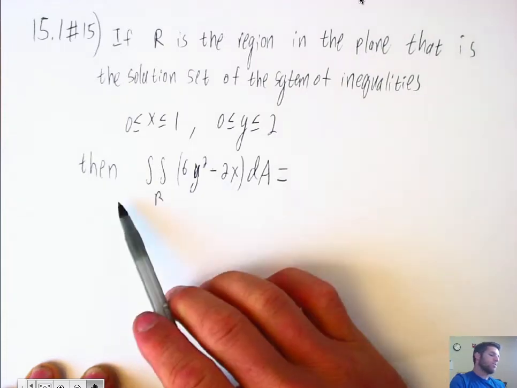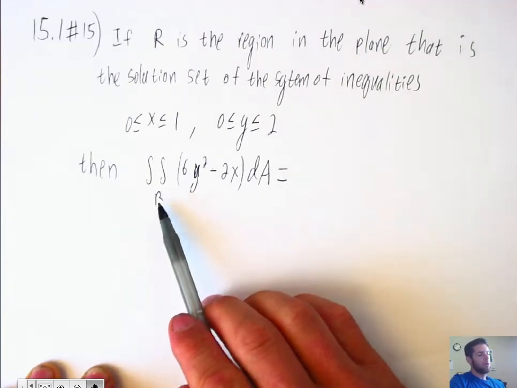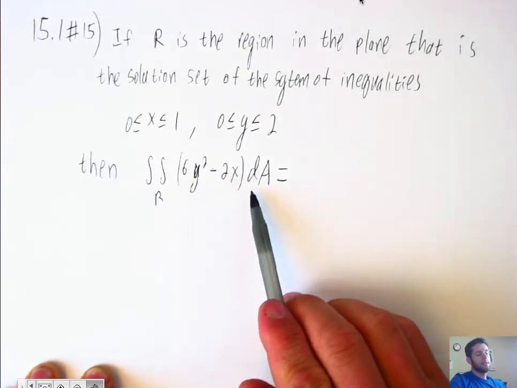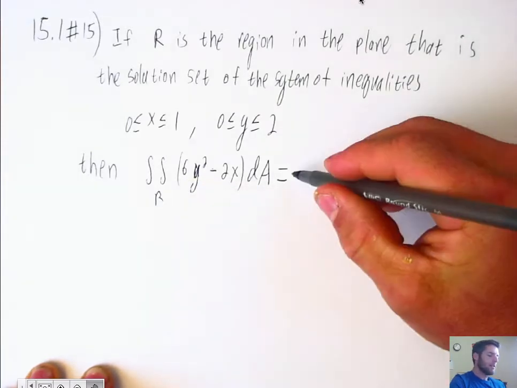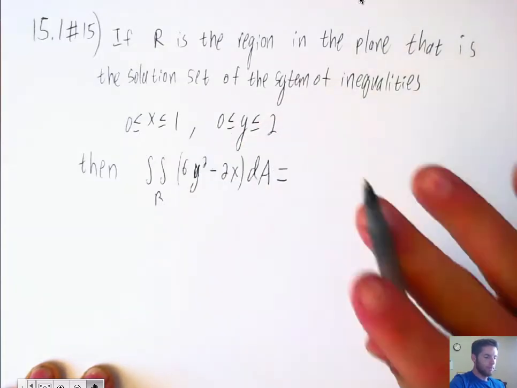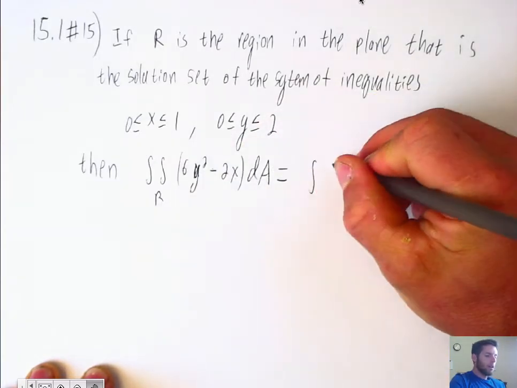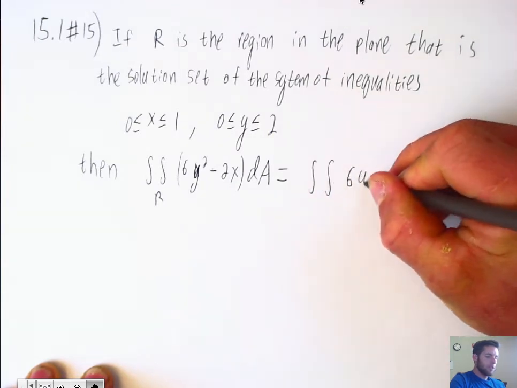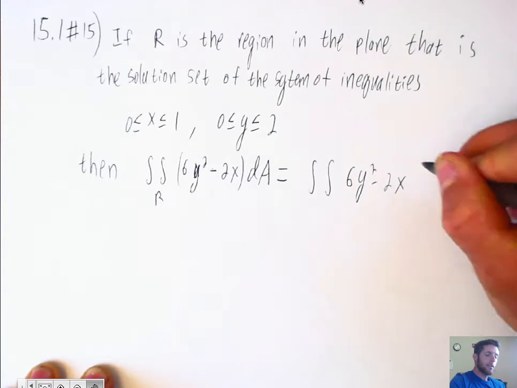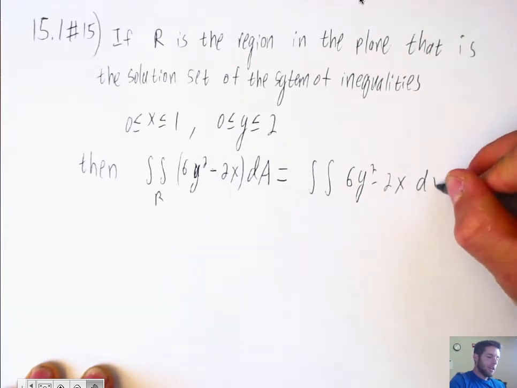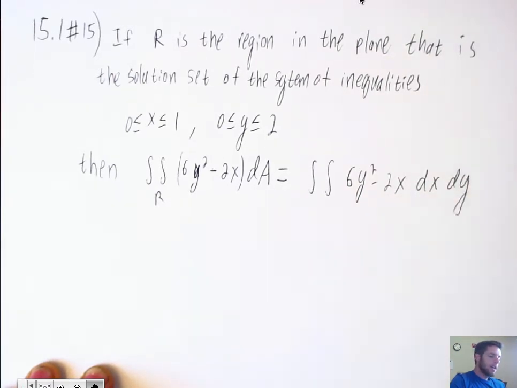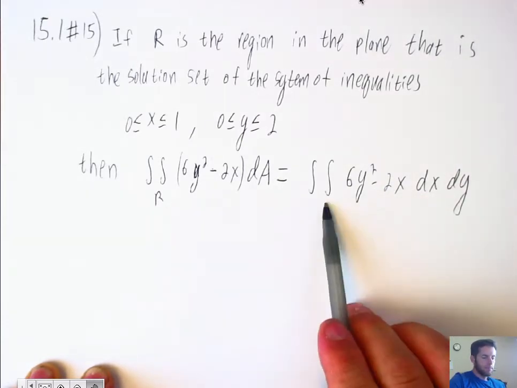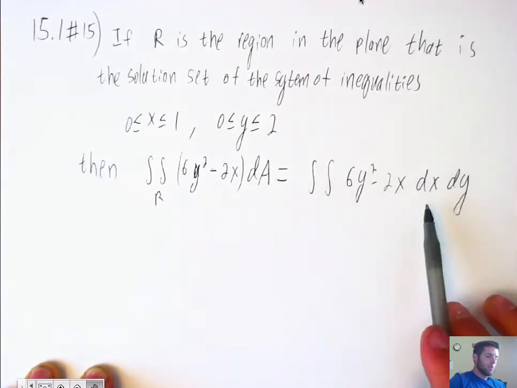stands for. To read this notation, the double integral over R of 6y squared minus 2x dA. Okay, so that stands for a double integral of the function of two variables, 6y squared minus 2x, with a dx and a dy. Now the difference is that you do not have an R, and dA has been split up into two parts,